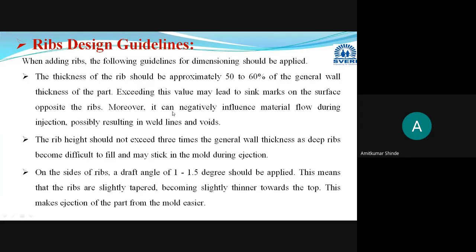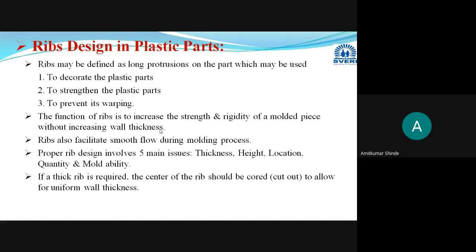Okay, whichever points I have collected here in the design guidelines, the ribs design guidelines, I will explain with the help of a diagram. I will just go through it, and after that I will show you in the diagram. Instead of providing a single rib, go for a number of ribs with minimum thickness possible. And while designing any kind of rib, you have to take into consideration the rib thickness. Rib thickness should not be more than whichever wall thickness you are using, it should not cross that value.